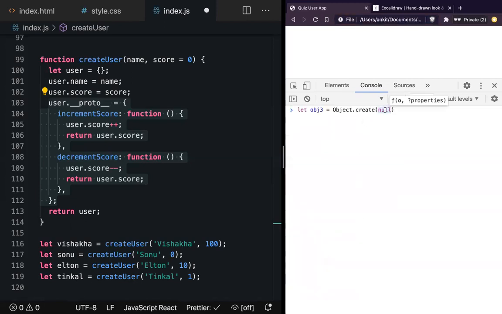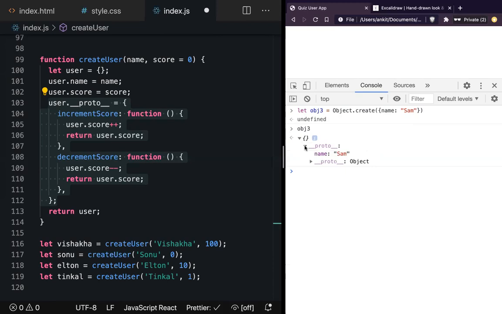So I'll call this, and instead of passing null, I'll pass an object, and here I'll say name is going to be Sam. Object.create accepts an object, and let's see what happens with that object. I'll call obj3. Should I expand it? Dunder Proto now is pointing to an object.